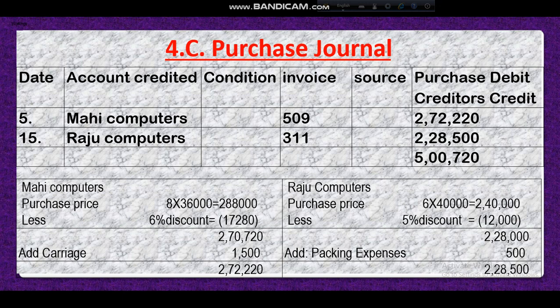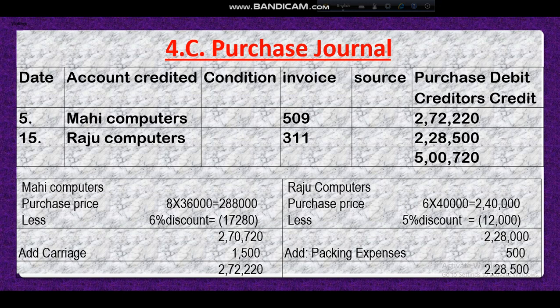Dear student, purchase journal is very important. So listen carefully. What will we record in purchase journal? Only credit purchase. If we purchase goods for cash or by check, it will not be in purchase journal. You will record only credit purchase in the purchase journal. So look at the question now. Here two are credit purchases at day 5 and day 15. In these 2 days we purchase goods on credit. So these two transactions will be recorded in purchase journal.